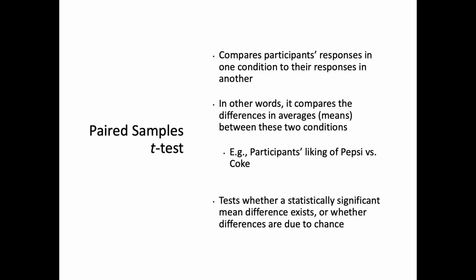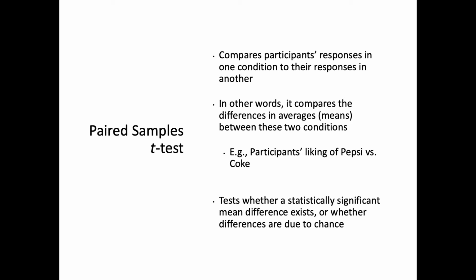So if you have watched the correlation analysis SPSS demonstration video I produced, you will find that we did a correlation test between liking of Pepsi and the liking of Coke. Why did we do that? Because those are two continuous variables. However, for a paired sample t-test,